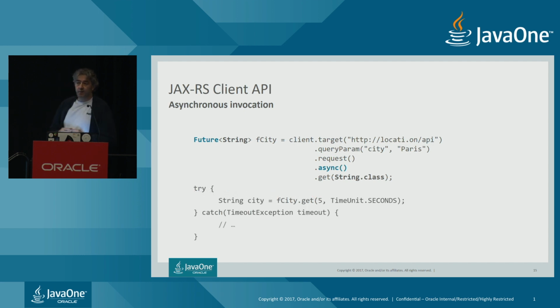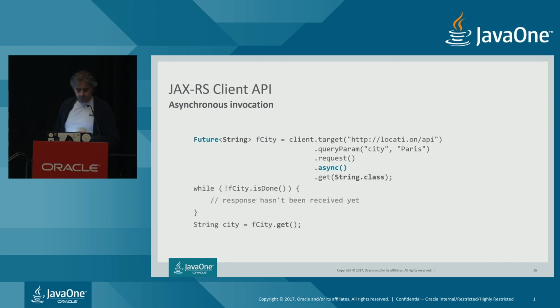The issue is that if it takes forever for the remote endpoint to send the result, well, our code will be blocked forever. So what you need to make sure is that you at least have a timeout, right? So if it takes more than 5 seconds, in this case, we'll have an exception. So our code will be blocked at worst for 5 seconds, which is not ideal, but it's better than being hung forever.